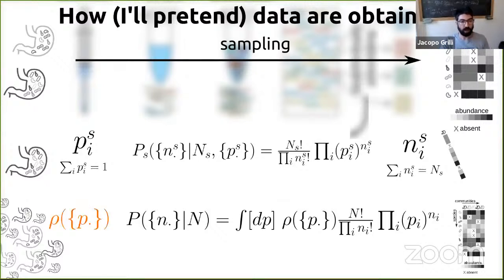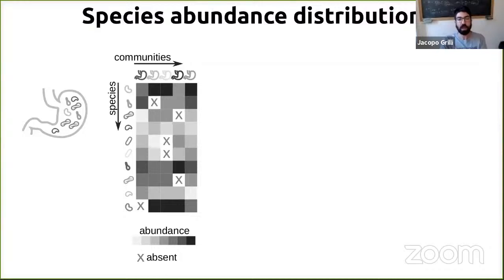So our goal is to infer properties of this distribution of the true abundances, and we have access only to the data we have, so to this distribution piece. So this is something we should take into consideration while we look at the variation in the data. Great. So what patterns can we look at?